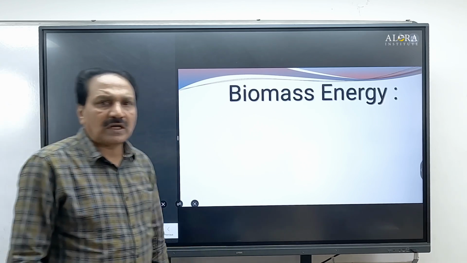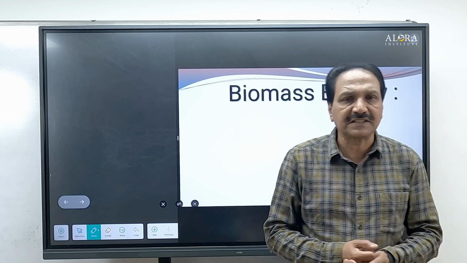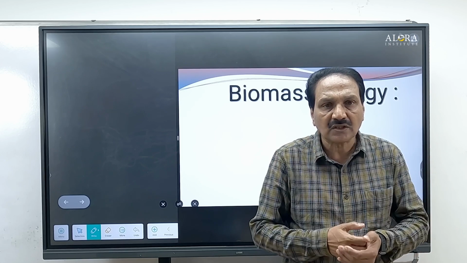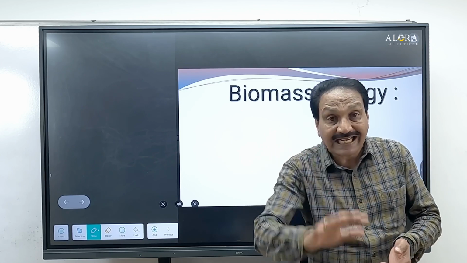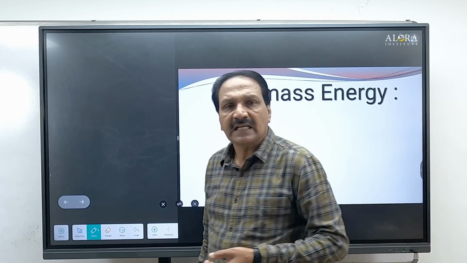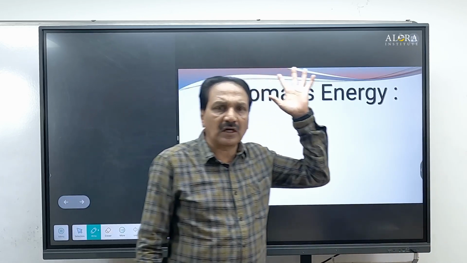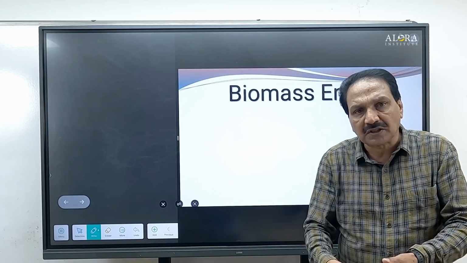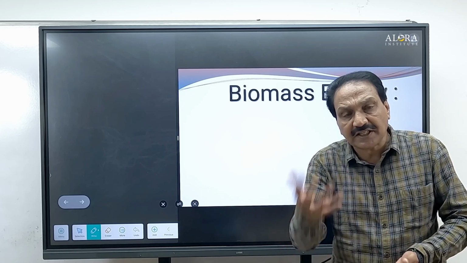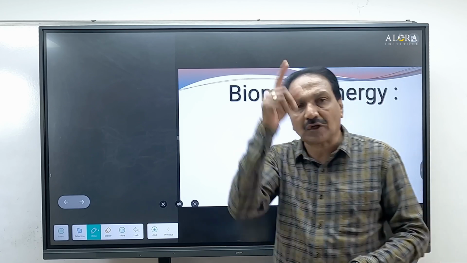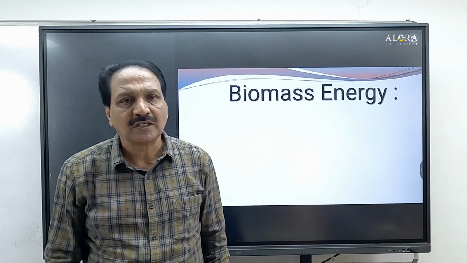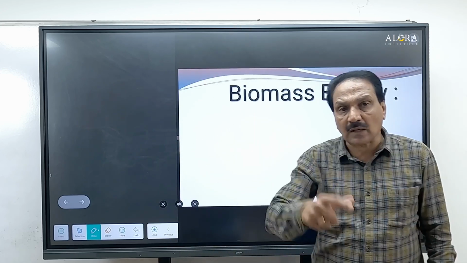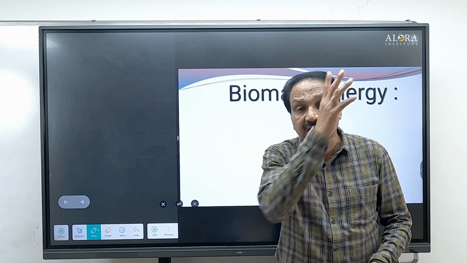Now let's go for biomass energy. What do you mean by biomass energy? The energy present in the gas, coal, oil can be converted into electric energy. Just take an example of your thermal plant, where coal is burned. We get the heat energy, that is converted into steam, and that steam is used to rotate the turbines to produce the electricity. Jog Falls hydroelectricity generating station, Raichur thermal electricity generating station,